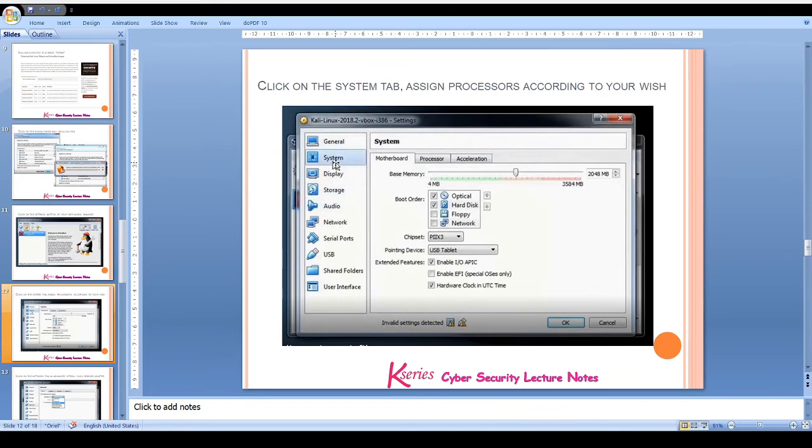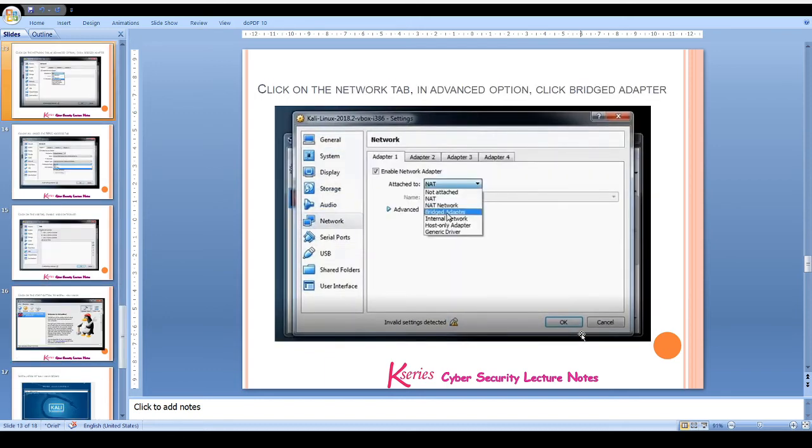Press the system tab. Under the system tab, you will get the processor tab. Assign processors according to your machine configuration. You can assign as many processors as you want to, but 2 processors are good enough to install Kali Linux as well as to perform cybersecurity practical sessions. After assigning the processors,